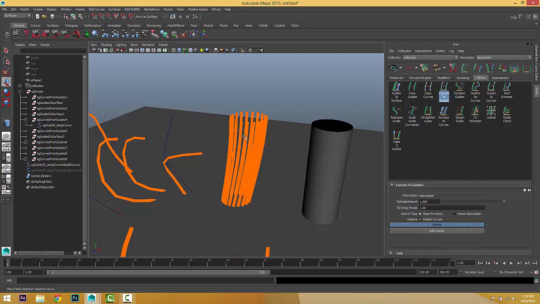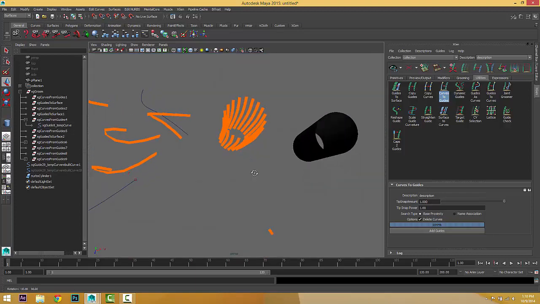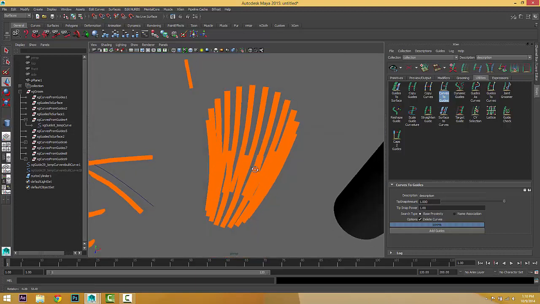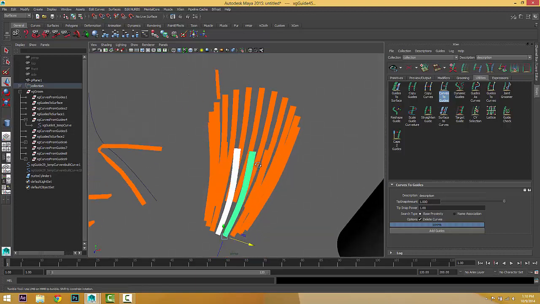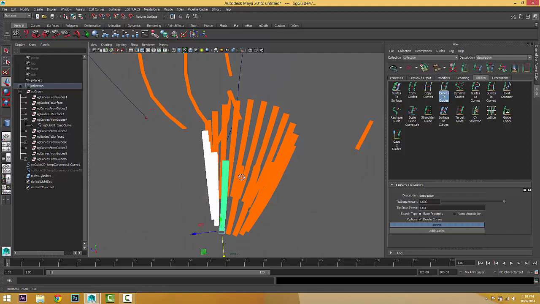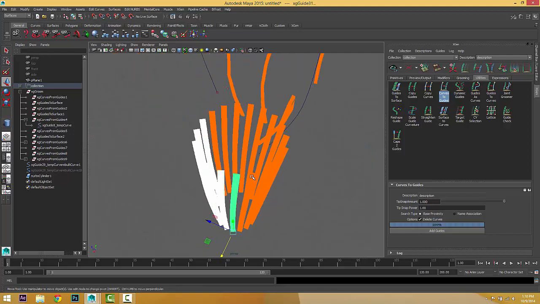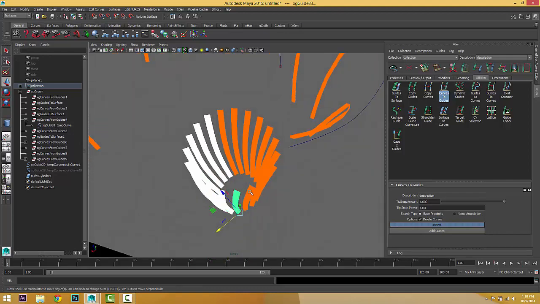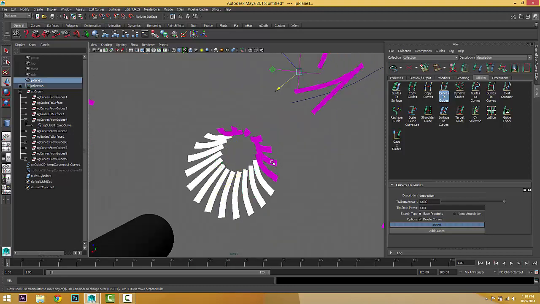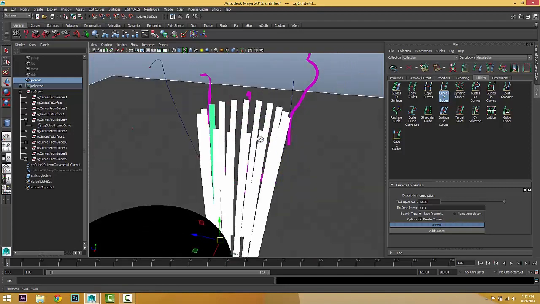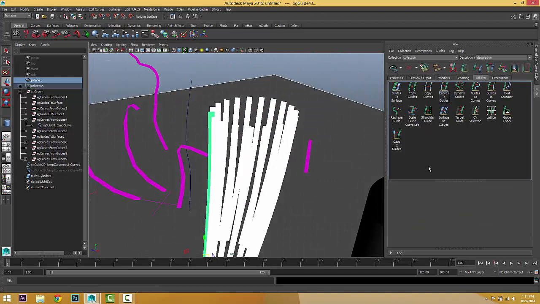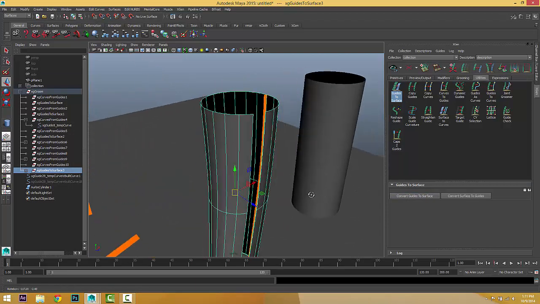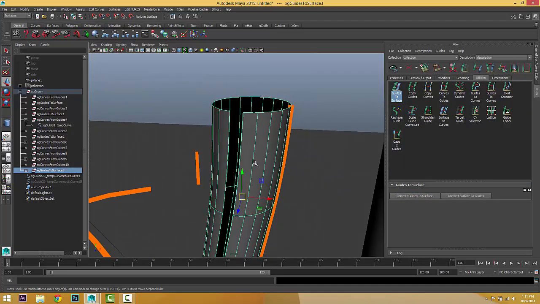And after that, if you want to change it back to a surface, it's very simple. Just select the guides and go to guide to surface, convert to surface. Now we've got a surface, maybe something like that.